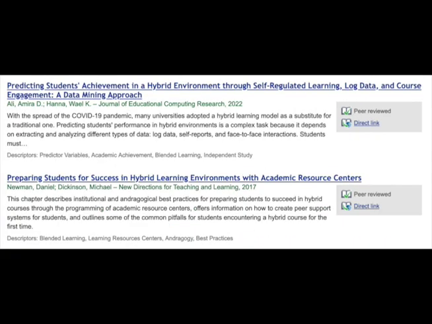The third one, predicting students' achievement in a hybrid environment through self-regulated learning, log data, and course engagement. That sounded pretty interesting. And preparing students for success in hybrid learning environments with academic resource centers. I was also able to go back to the search engine for the databases at our university and just simply